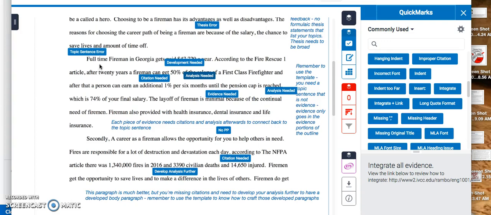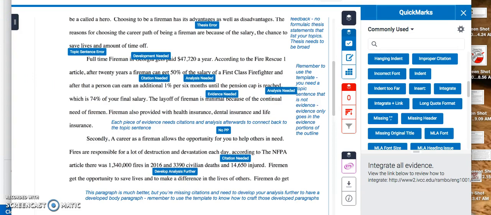First, the topic sentence doesn't relate directly to a thesis, since they're talking about advantages and disadvantages, right? So you want a broad topic sentence, not a fact. That would be something that goes in the evidence. So here I have, you need to develop first before you include this piece of evidence. Then you need to analyze, how is this a benefit? This paragraph just kind of goes and summarizes the salary, and it's essentially like they read something and then summarized it. So we want them to use their own ideas to create that development and to create that analysis throughout